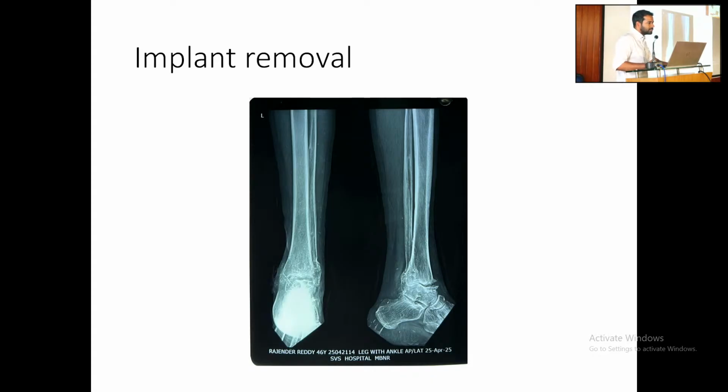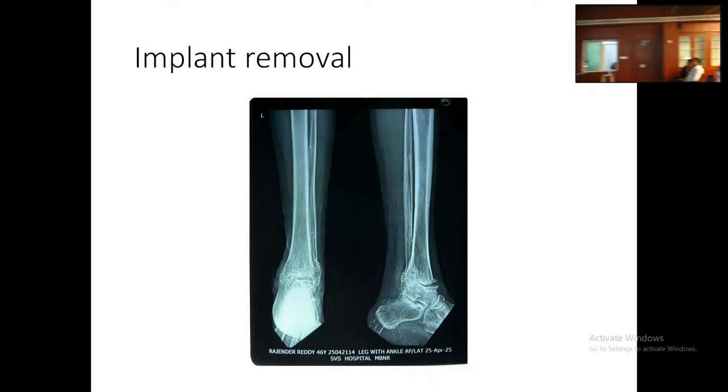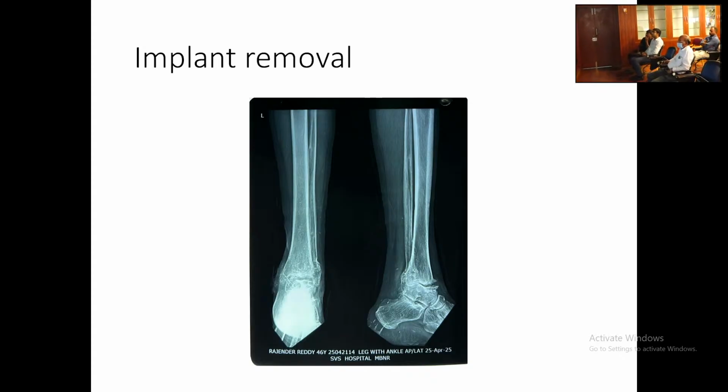Yes, sir. Changes are there. Osteophytes are there, narrowing of the posterior joint space, marginal osteophyte case. There must have been articular incongruity leading to posterior condylar